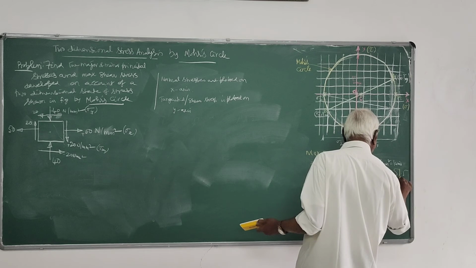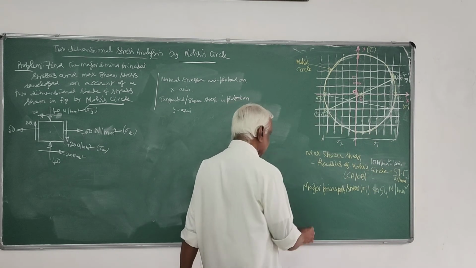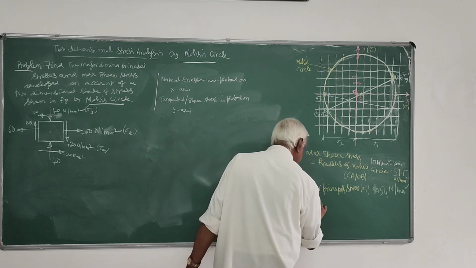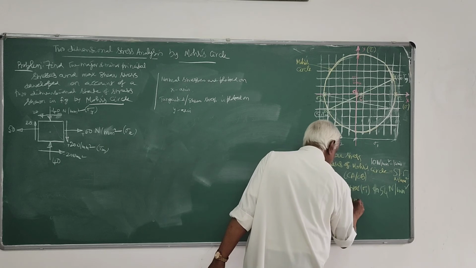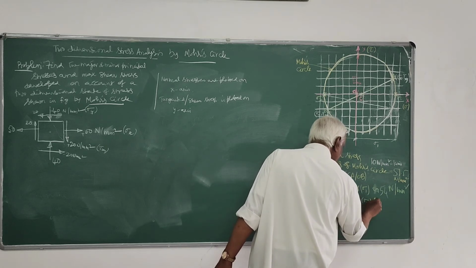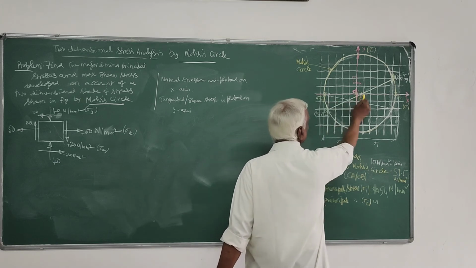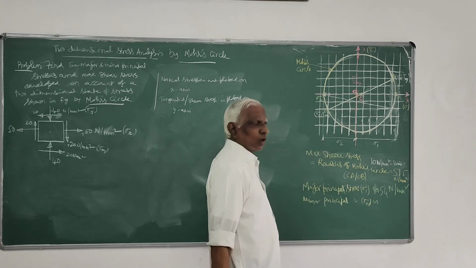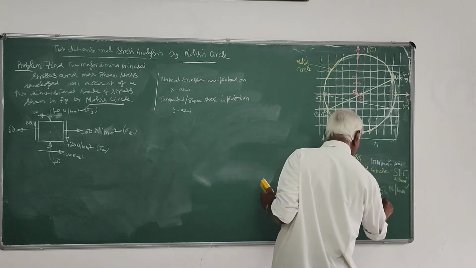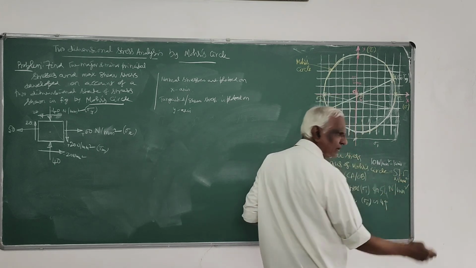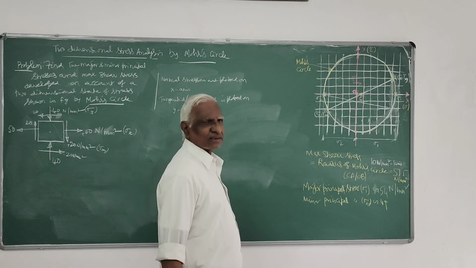51.5 Newton per millimeter square. And this is sigma 1, the major principal stress. Similarly, the minor principal stress, you can find out sigma 2, which is approximately this. As I told you, this is sigma 2, roughly 49, whatever it is. You can verify this with the theoretical equation given.